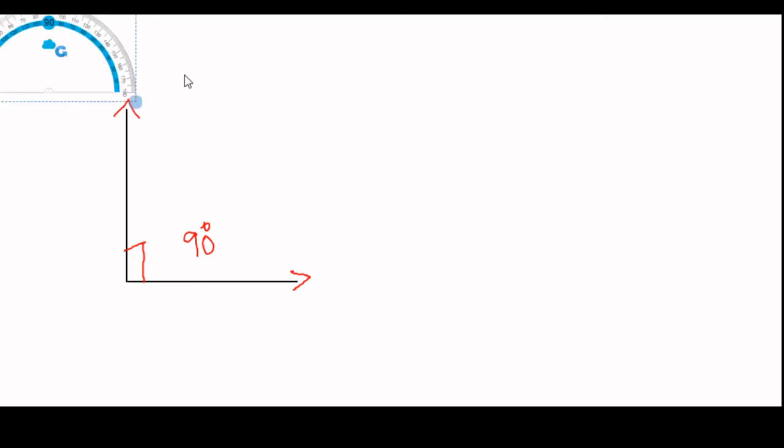Here we are familiar with right angles. Right angles are those angles which have a measure of 90 degrees. So I am drawing a right angle here, and we are going to apply the concept of adjacent angles within a right angle. To create adjacent angles, we need to divide that angle into two. For that we will draw another ray from the same vertex in the interior of the given right angle.